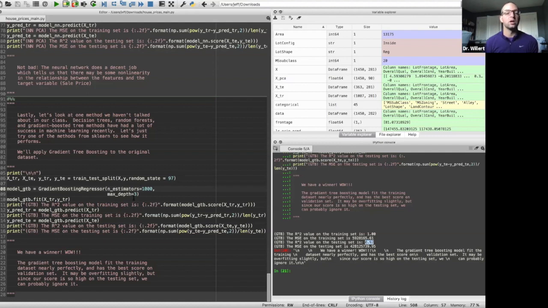So this is a lot of what a machine learning project might look like. Generally, you're going to spend more than 20 minutes figuring it all out, but there's a lot of different models you can play with, and each one of those models has a lot of different parameters. So it's important to keep in mind what you're trying to do and keep in mind those concepts of overfitting and underfitting